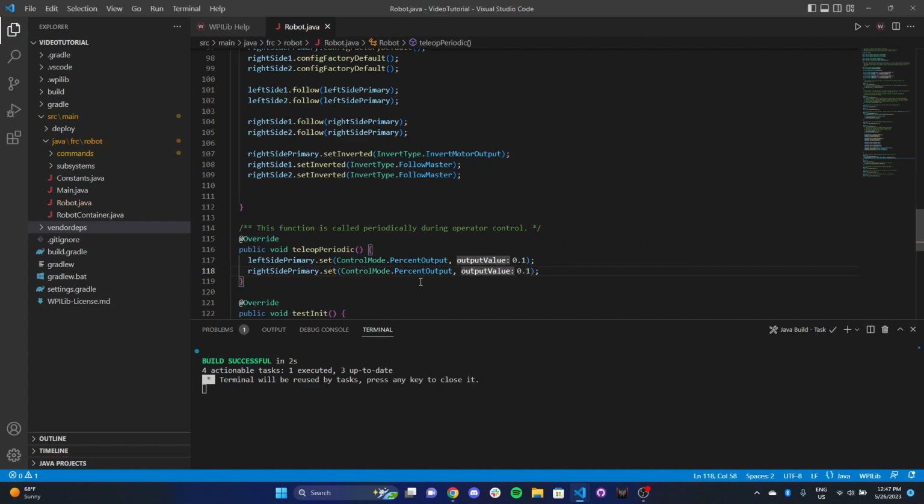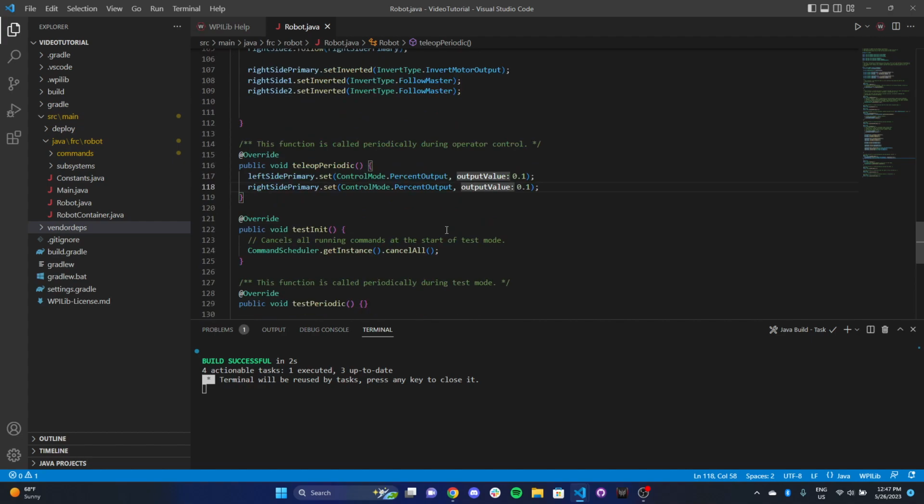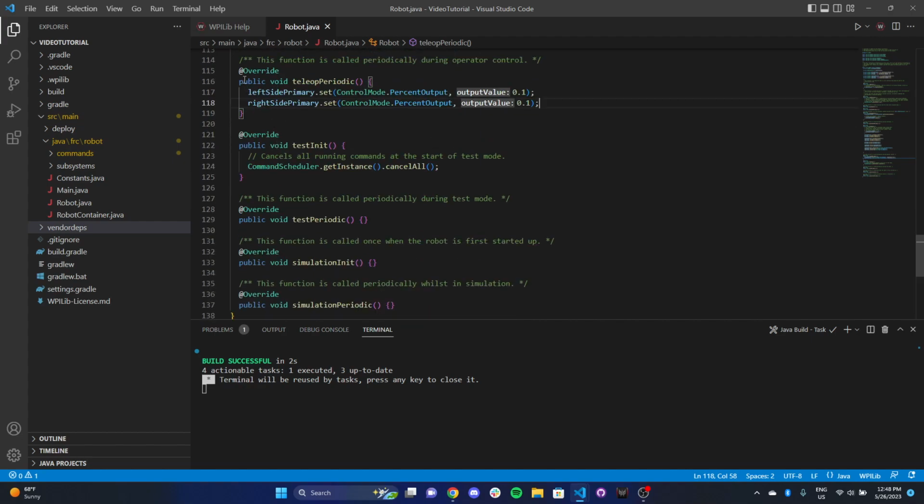Now at this point, you might be wondering, well, in our previous video, we talked about percent output having a range between -1 and 1. So why did we need to invert this? Or why didn't we just add a negative to this side instead of doing this whole invert thing? Well, for me, it's more of a code comprehension thing, because when I imagine a robot going forward, I imagine that the left side and the right side are being actuated at the exact same speed. And when you look at the code, you also want to verify. So if I was to look at just this part right here, then I can think, okay,